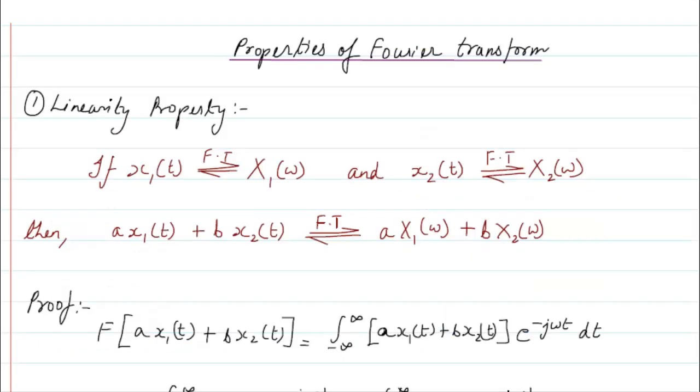Hello students, next I will start with the properties of Fourier transform. There are 12 properties that you will study here. Remember that the properties of Fourier transform you have already done for the case of Fourier series. So the same properties, linearity property, multiplication property, time shifting property, time scaling property, all these properties you have already seen. It is once again done here for the case of Fourier transform.